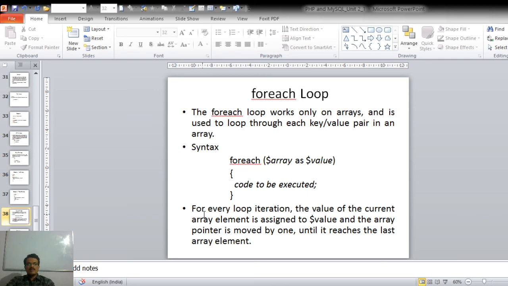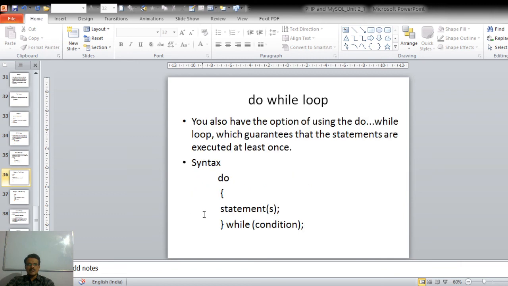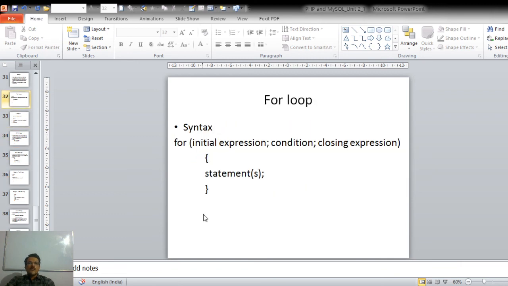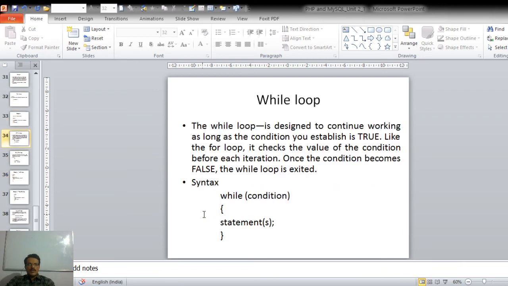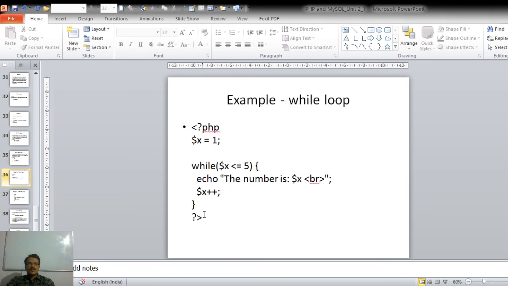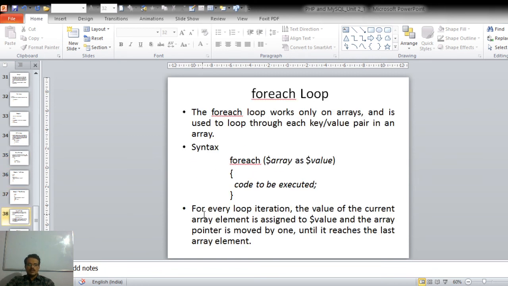After that, we have seen the looping structures: for loop, while loop, do while loop and foreach loop. In the next lecture, we will be seeing how to deal with arrays.